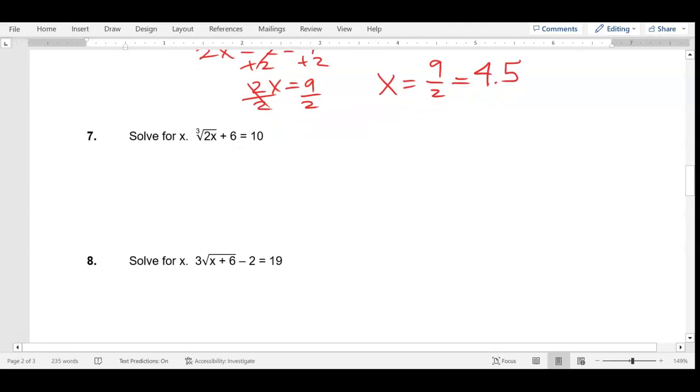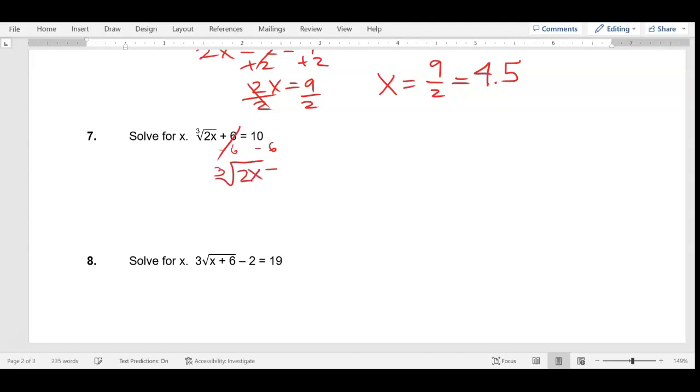Down here, solve for x. So whenever you have a cube root, or any kind of root, you need to get the root by itself. So this plus 6 got to go. Minus 6, minus 6. So cube root of 2x equals 10 minus 6 is 4. And now we can get rid of that cube root